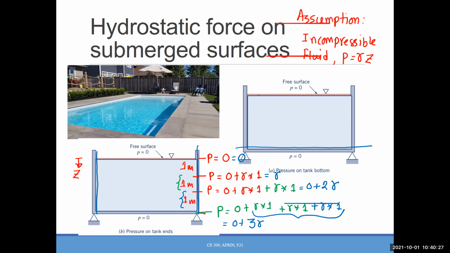Yes. Since there is no variation in pressure in the horizontal direction,